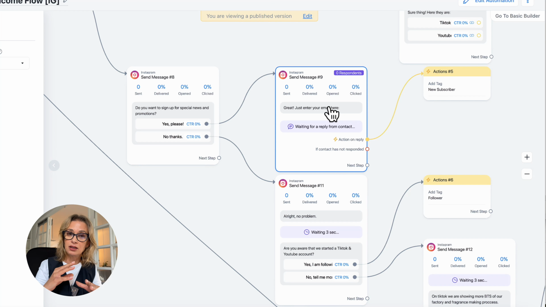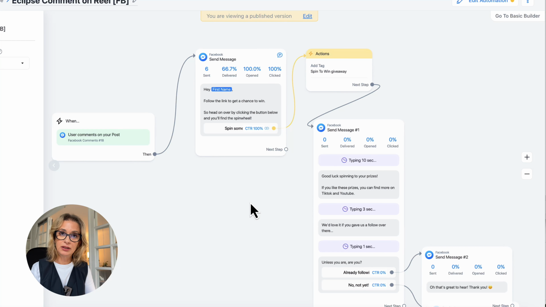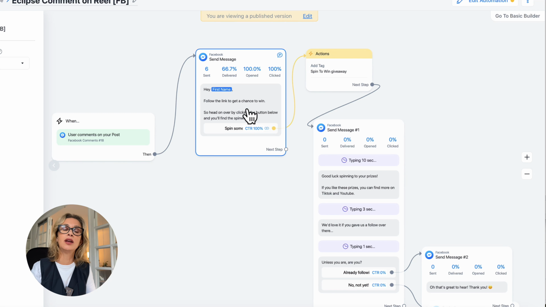However, there's another, much simpler version that I would like to share, where we are just using ManyChat to get them engaged in a conversation. And then from there, within the ManyChat conversation, we are sending them to a landing page on Klaviyo where we have a pop-up and we are asking them to enter their email. So here's an example where we are asking them to comment on a post, and then from here we're engaging them in a giveaway. We're asking them if they want to participate in a giveaway, and if they say yes, we are giving them a link to the landing page,